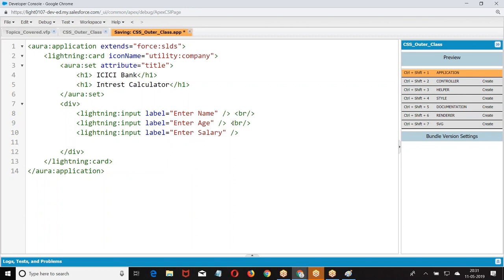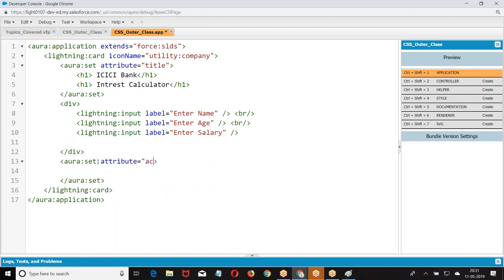This is how I create. Then I created the body part of the card. I want to create actions, lightning button group.